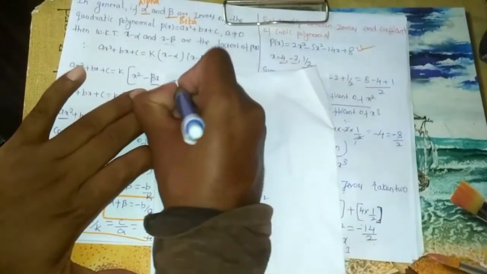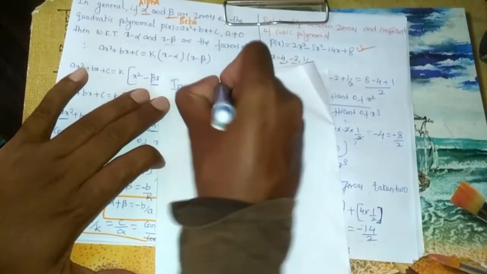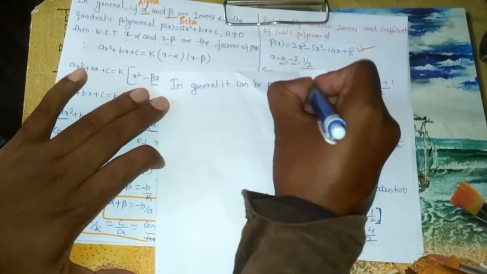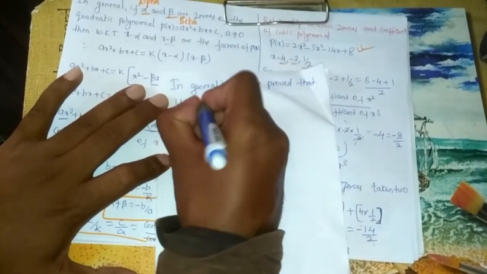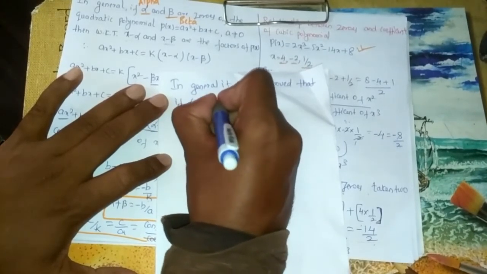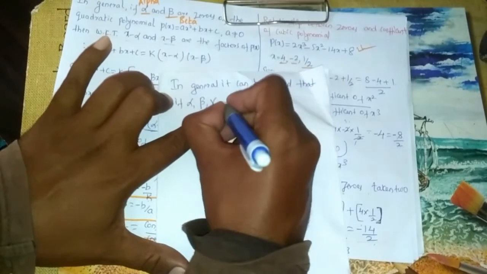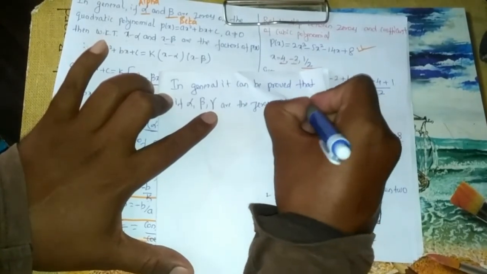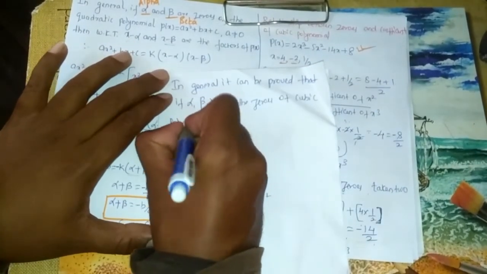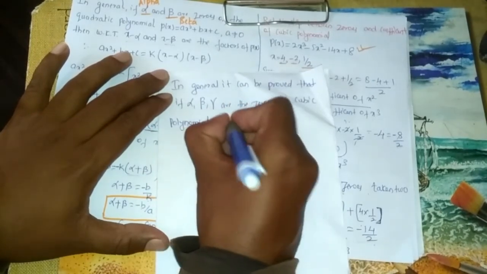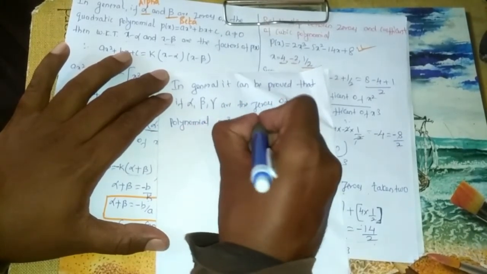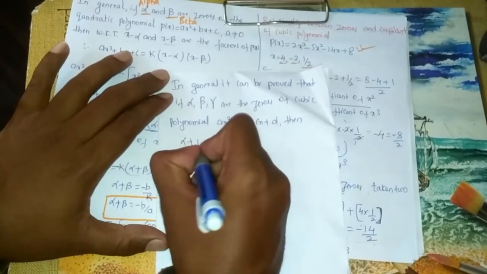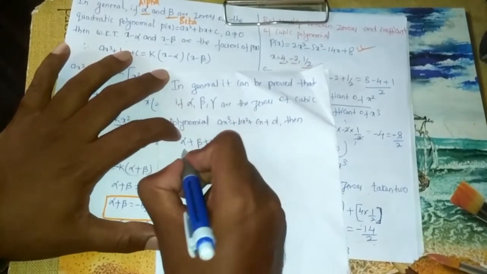In general, it can be proved that if alpha, beta, and gamma are the zeros of cubic polynomial ax cube plus bx square plus cx plus d, then